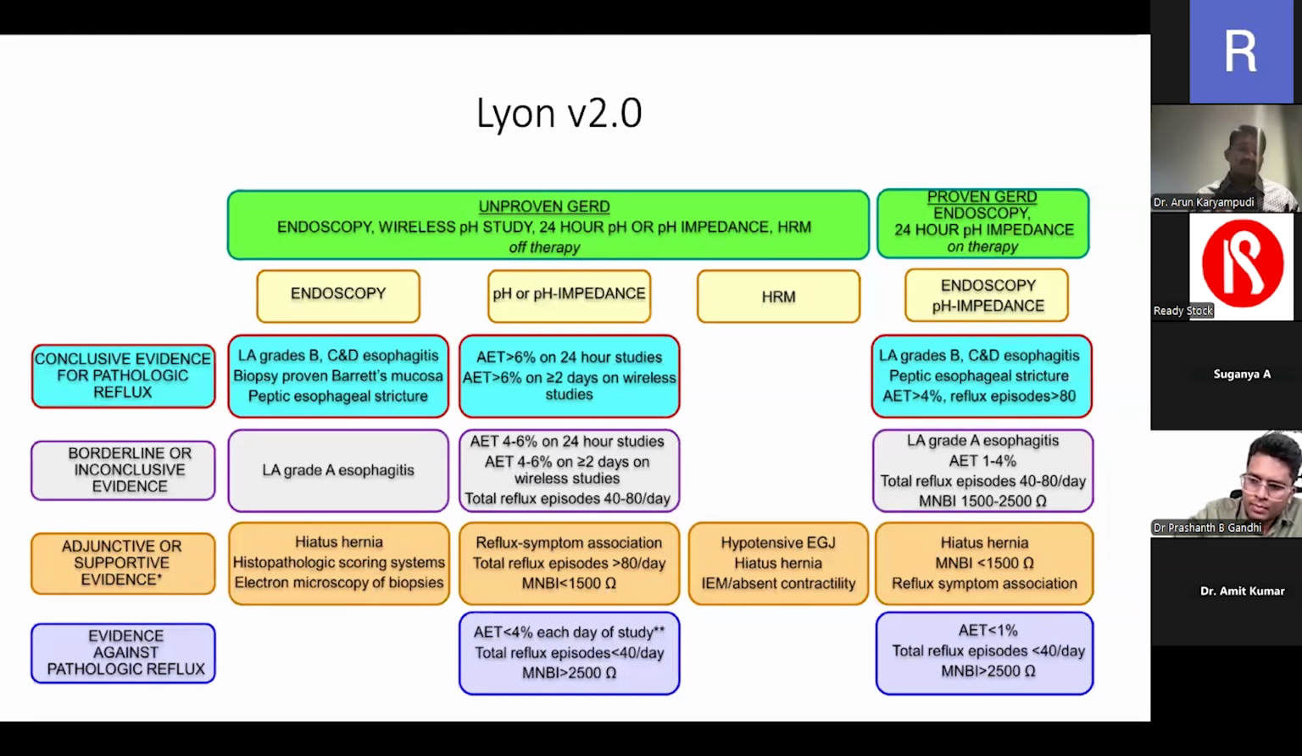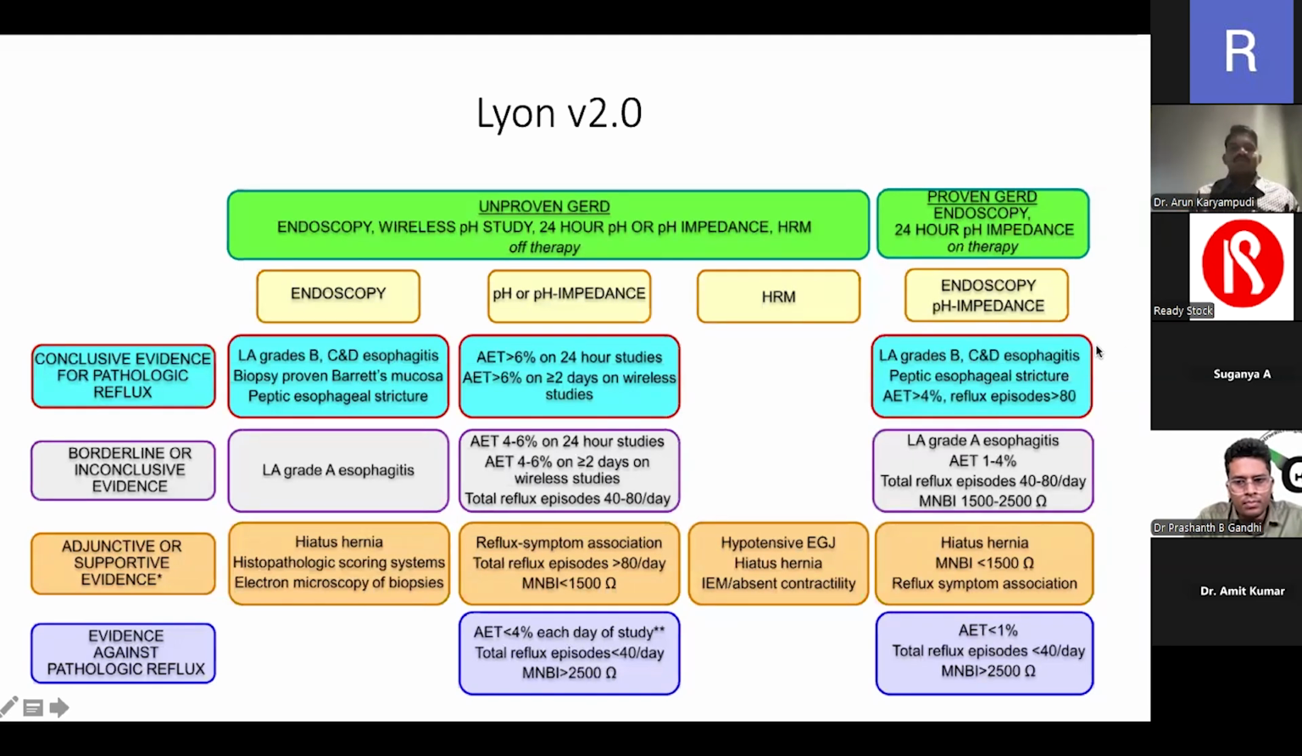But when a patient is having an acid exposure time of less than 4% and with a total number of reflux episodes of only 40 per day, then he clearly doesn't have GERD. So let us see